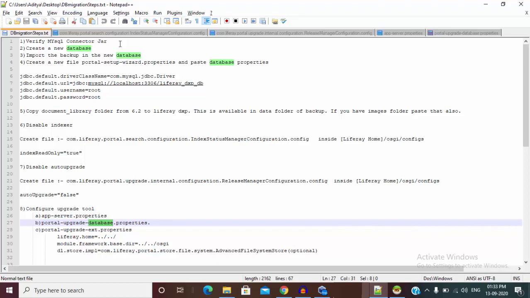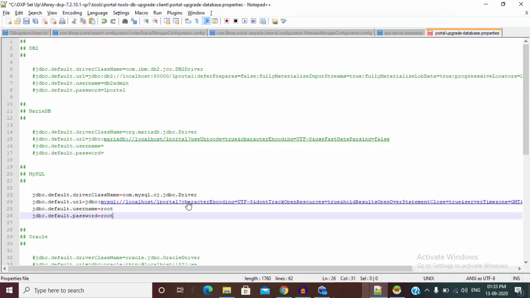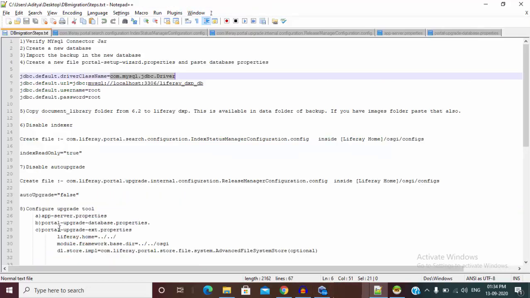So I have this driver class name, and in place of lportal we have Liferay migration, the database name.